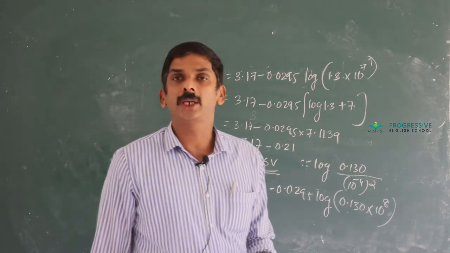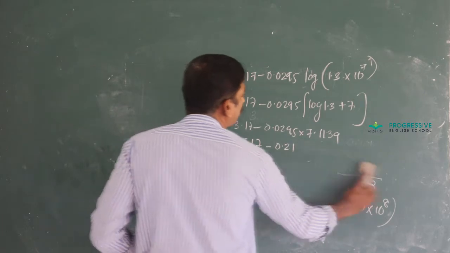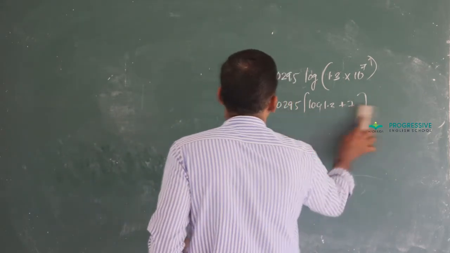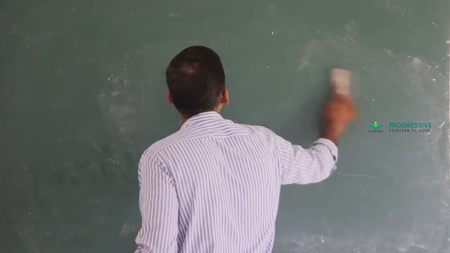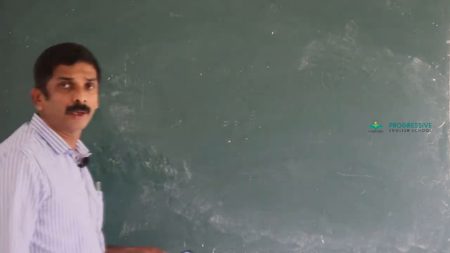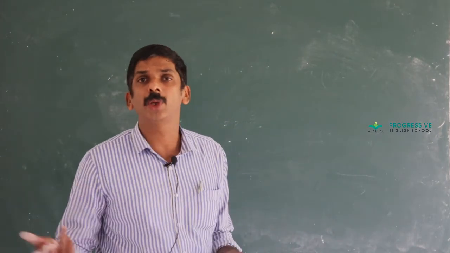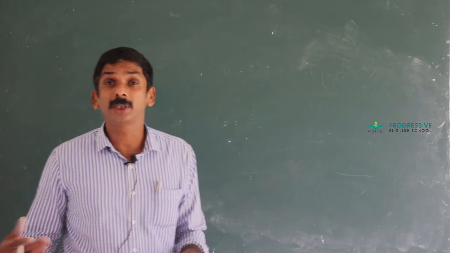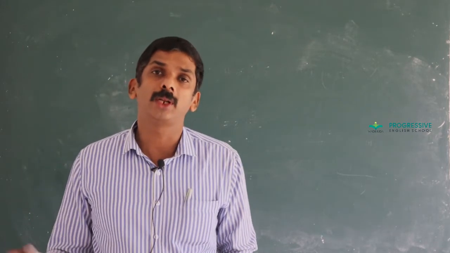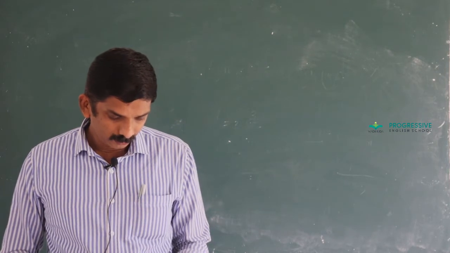As in the previous case, here they give magnesium and silver, and in the previous case it is nickel and silver. If it is zinc and copper, then there is no need to take the square of the concentration because both are bivalent ions. Copper as well as zinc has valency equal to 2. In both cases, 2 electrons are involved. Therefore, there is no need to multiply by 2 or 3 like that.